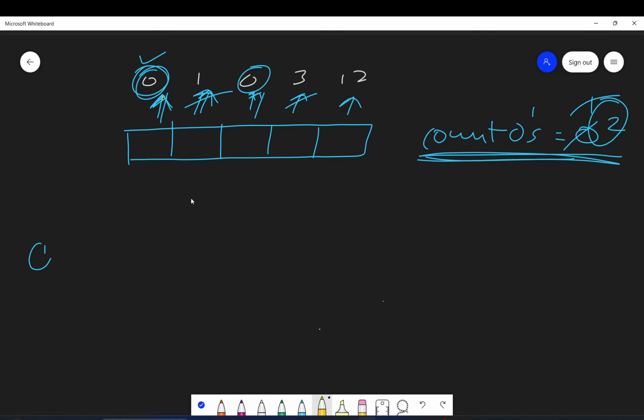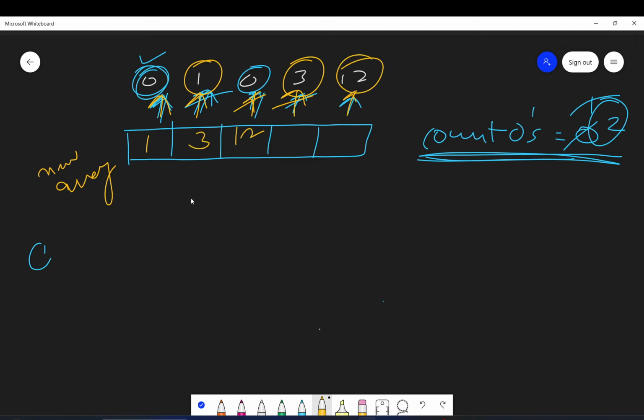After that, I will iterate over the array again, and whenever I encounter a non-zero element, I will place it in the new array which I've created. So this is 0, so I'll not do anything. Then this is non-zero. I will keep it here. Then we go here. This is non-zero, so we keep it here. And at last, whatever zeros count was, 2, right? Two zeros were there, so I will just place 2 zeros. This is one approach, right?